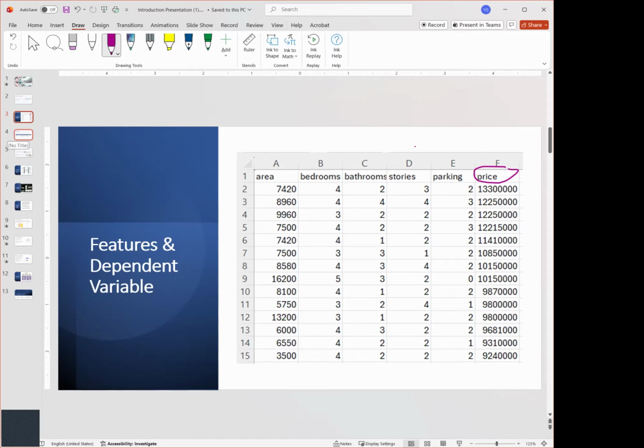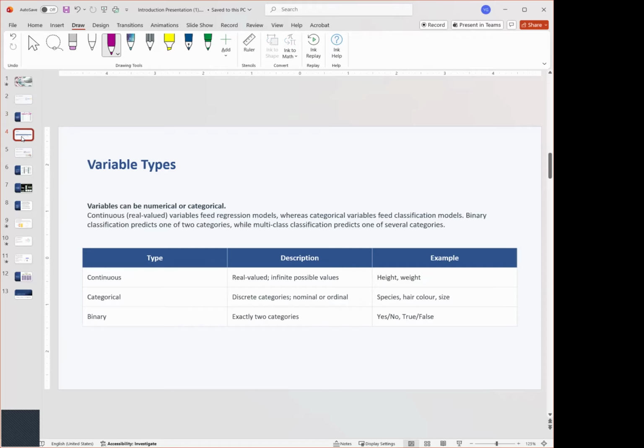We can make predictions in business, in the medical field, pretty much in any field. So it is very important to understand that these features are used to predict the dependent variable, okay? Once you understand that, then you pretty much understand what machine learning is all about. It's about making predictions.